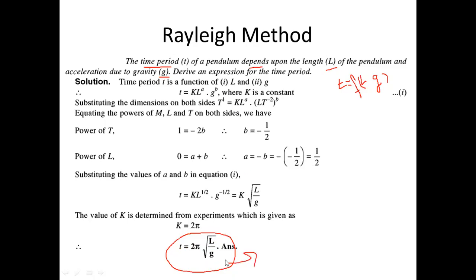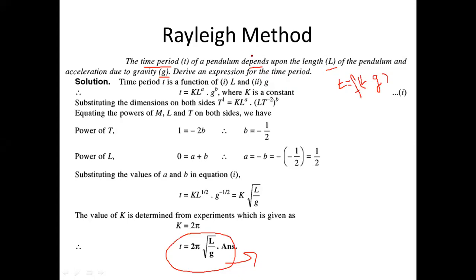This relation can be developed with the help of Rayleigh's method. You need to understand what Rayleigh's method is. Whatever the question, the steps will be the same. It's a very simple topic, very simple numericals may come, and you can easily score 100% marks in this topic, because whatever the question, the steps will be the same. So whenever such a question is given, I recommend you note down this question side by side so that you can easily revise it also.